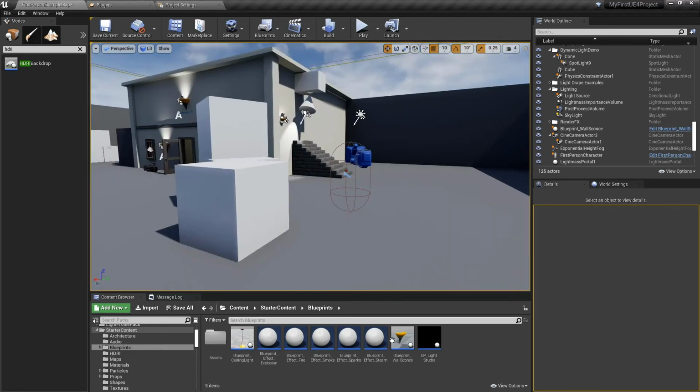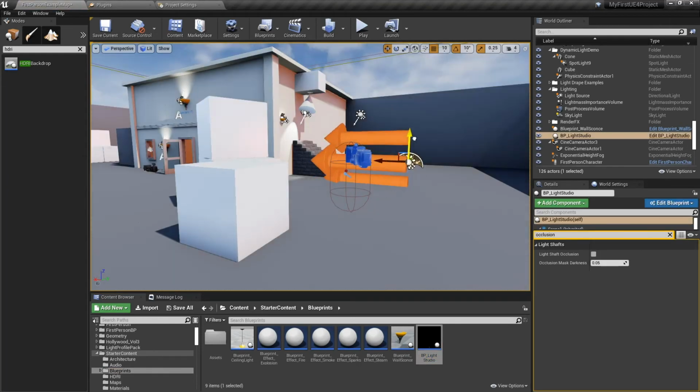The other place that I know that you can add an HDRI, if you go under your starter content, blueprints, there's this thing called the BP Light Studio. If you drag that in, it gives you some really nice capabilities. Just go in here, look at the details.